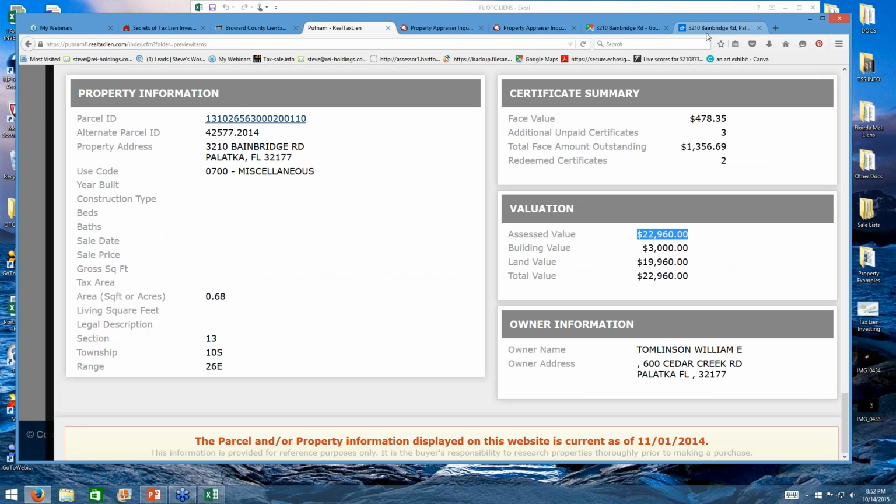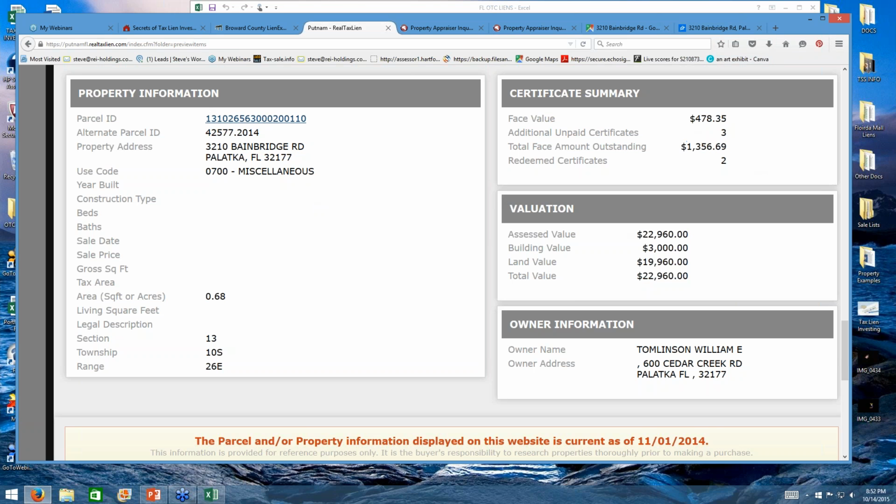So even if we split that and we say the property is worth $30,000, you're essentially buying this tax certificate, first of all by purchasing the tax lien, and then paying off the outstanding tax certificates and doing the foreclosure. What will happen, of course, is this tax lien will be sent to sell. If it sells, you will be paid back your money plus an 18% return. If it doesn't sell, then of course you'll be awarded the tax certificate.